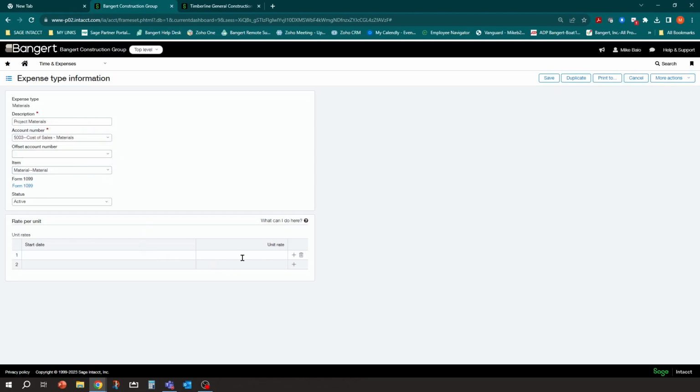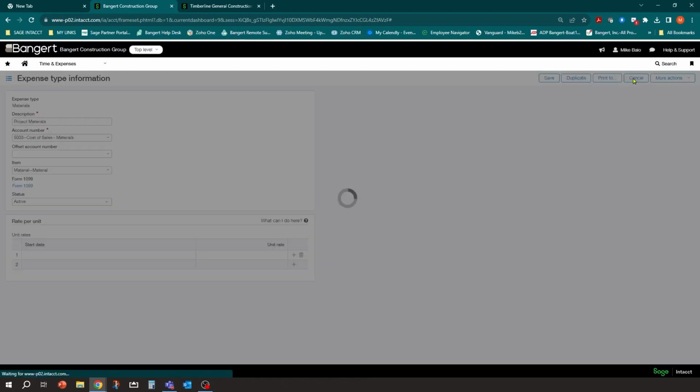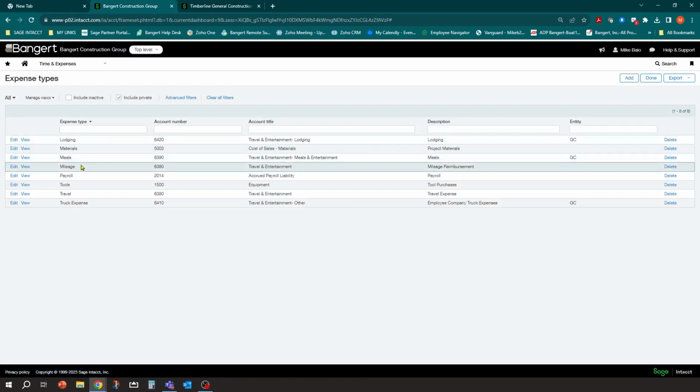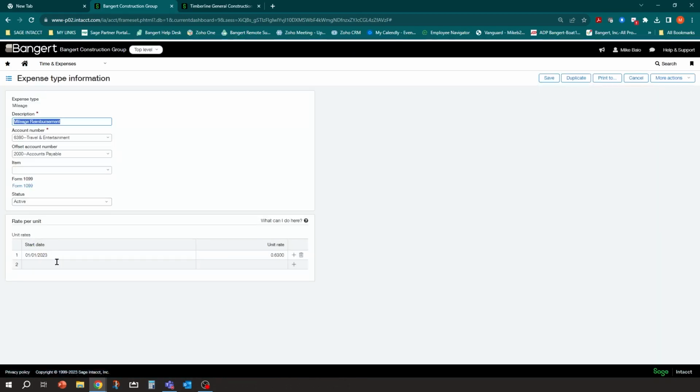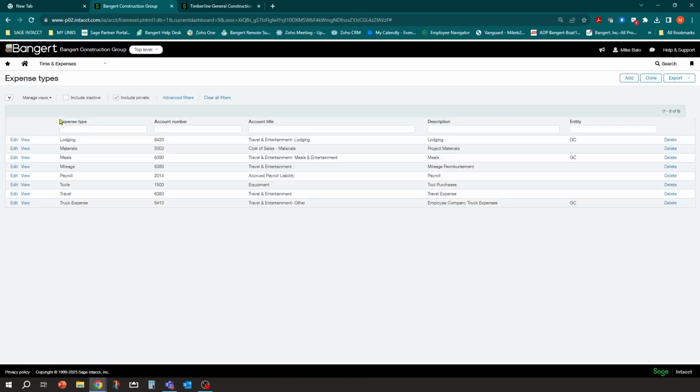If there's a particular rate, you can pre-fill it in here, but if that varies, just leave it blank. So for example, this case doesn't apply, but if you were doing reimbursable mileage, let's say, if I hit edit, or if you want to charge travel to the project, you could put in a mileage rate right here, and then it'll pre-fill in for you. So you can do that type of stuff. So you need to have your expense types set up ahead of time. Now, when you're doing your data entry, you can add these on the fly if you forgot to set one up. So we'll take a look at that as well. You just want to make sure you have your different expense types set up ahead of time.